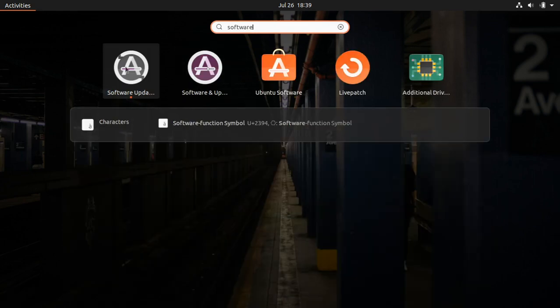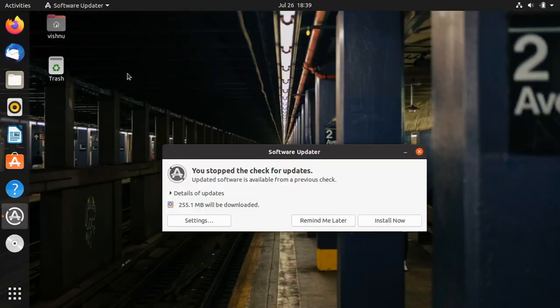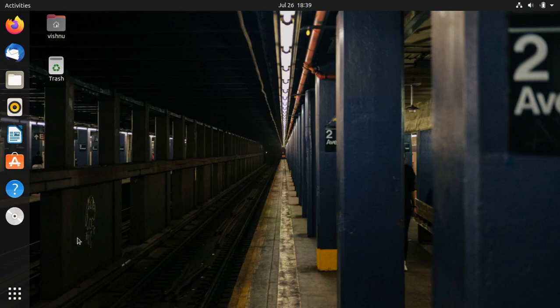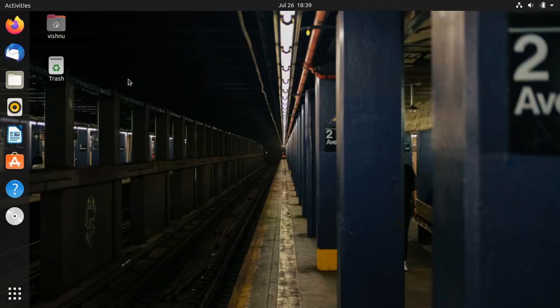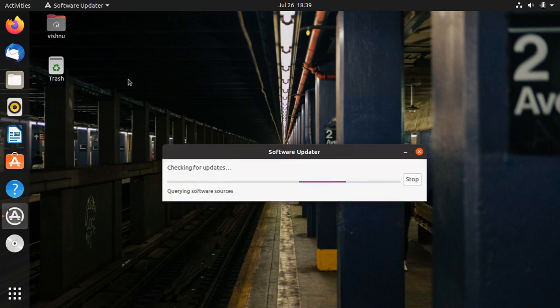So software updates is here. I'm clicking on this. So it now checks for updates. It may take a while depending upon your internet speed.